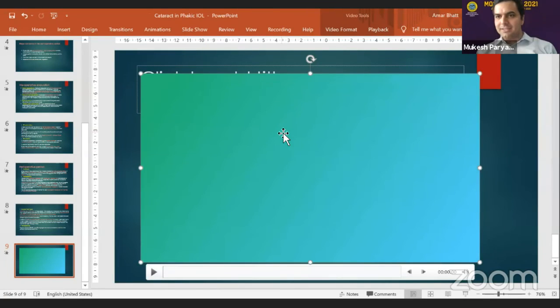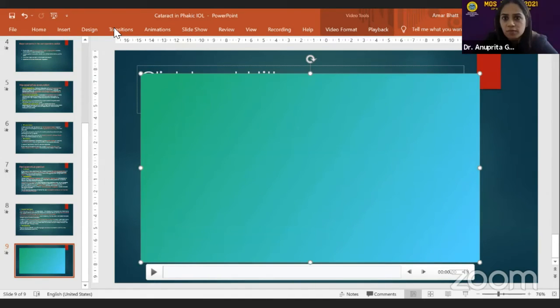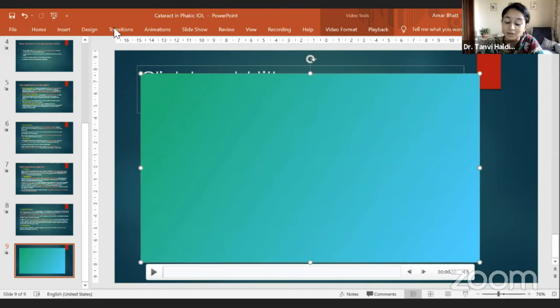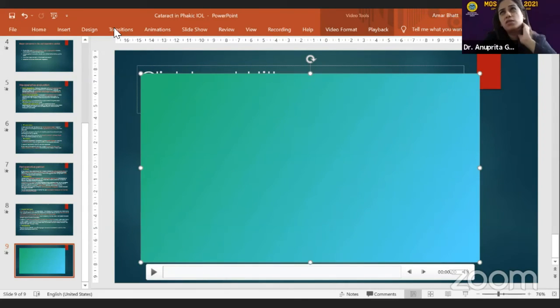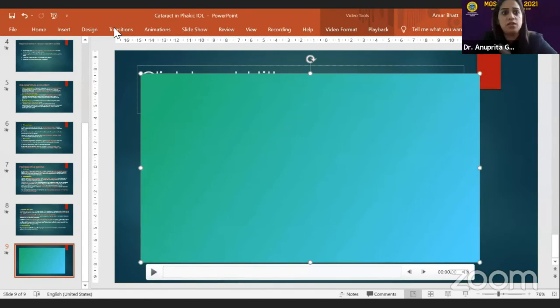So if the panelists would like to discuss for the next 2 minutes, that is okay, because we are 10 minutes before the next session starts. I just have a question for Anuprita. What material was the ICL, or rather the phakic lens, in these patients who had cataract? They were the V4 model, implanted in 2014 or 15. This one was an IPCL, the version 1 IPCL. The others were all V4.